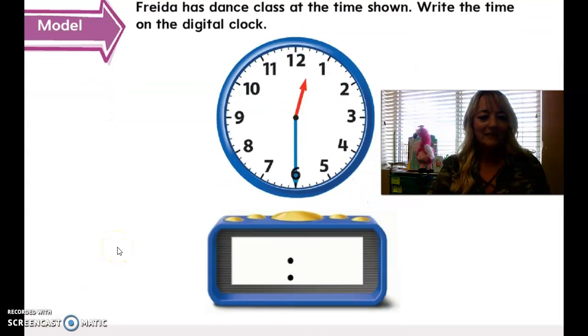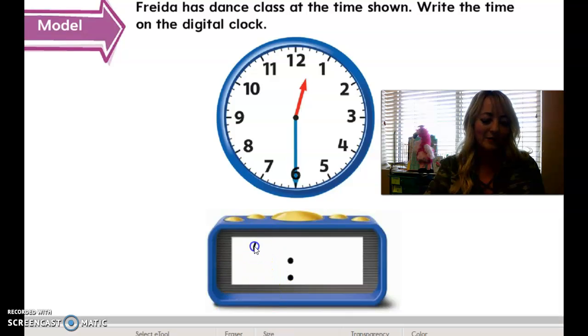Frida has dance class at the time shown. Write the time on the digital clock. So here this is tricky because I know I've always said choose the lesser time, but this one is tricky because 12 is greater than 1. But as far as the hour hand goes, it hasn't gotten to the 1 yet. So it's not 1 o'clock, so it can't be 1:30. It is 12:30. So on the digital clock we would write 12, separated by that colon, and then 0,